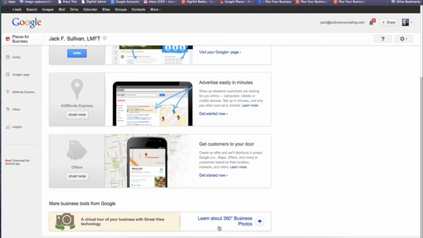Right now they don't have it available for any other kind of business outside of a physical location you go to. And this is pretty cool because you can hire specific photographers and they'll take a picture that's 360, and you're able to maneuver around inside of their business just as if you were navigating in Google Maps on the streets.